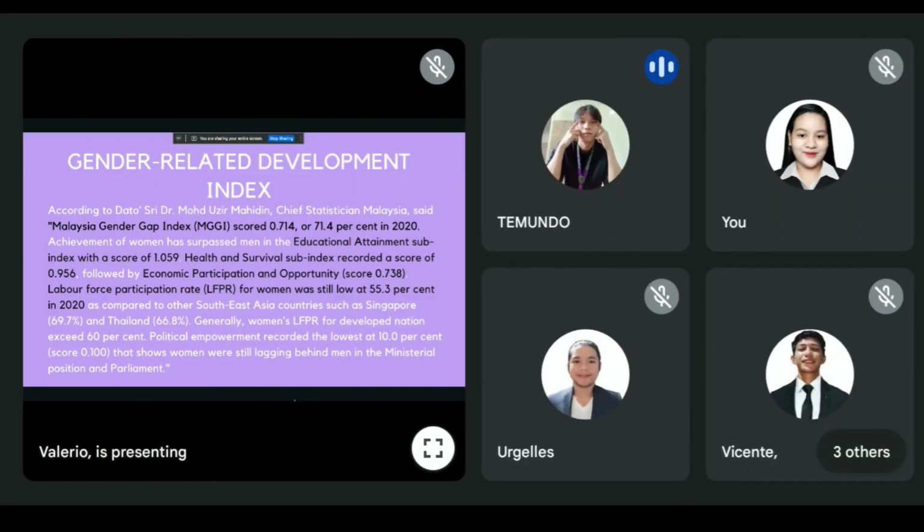Gender Related Development Index. According to Dato' Dr. Yuzir Mahidin, Chief Statistician Malaysia, Malaysia's Gender Gap Index scored 0.7 or 71.4% in 2020. Achievement of women has surpassed men in the educational attainment sub-index with a score of 1.59. Health and Survival Index recorded a score of 0.956, followed by economic participation and opportunity, which scores